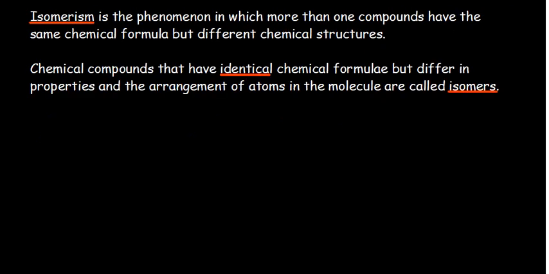Isomerism is basically just referring to a case where you have more than one compound with the same chemical formula, as we've seen, but we may have different chemical structures. So these chemical compounds that have the same chemical formula but may differ in properties and the arrangement of atoms are called isomers, and we're just talking about such structures. So we're just referring to the same chemical formula but different